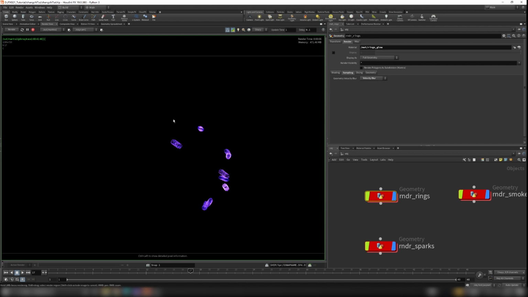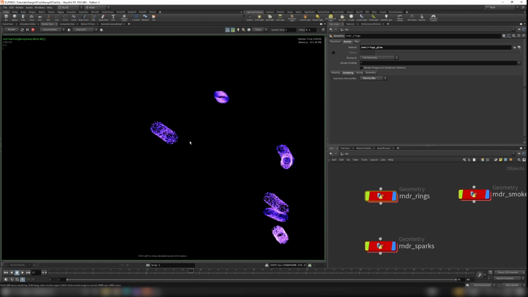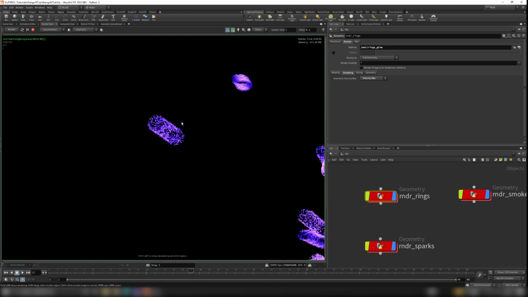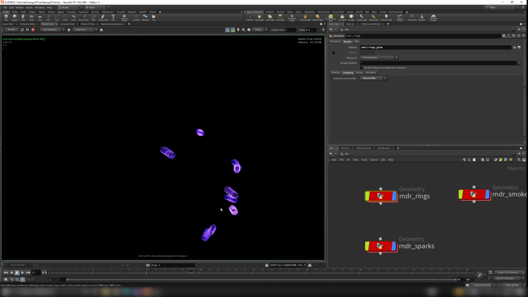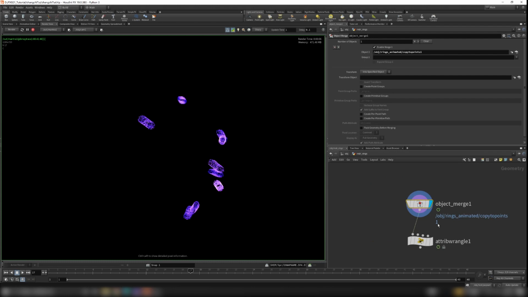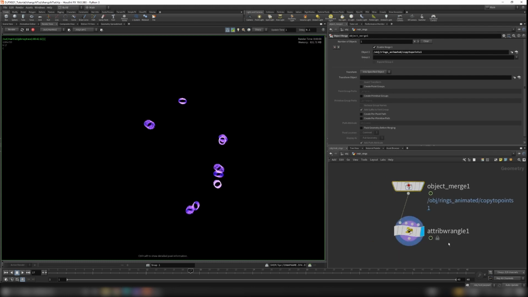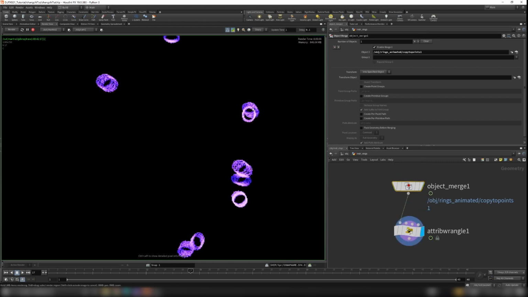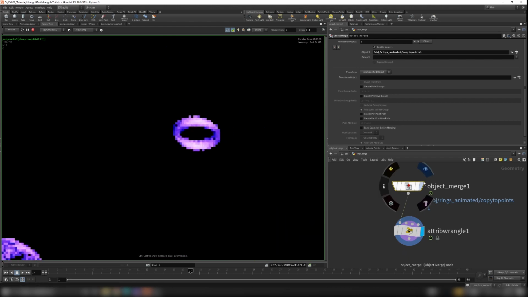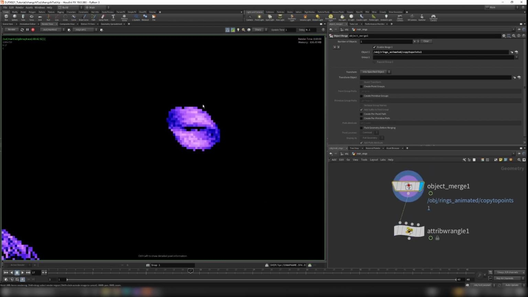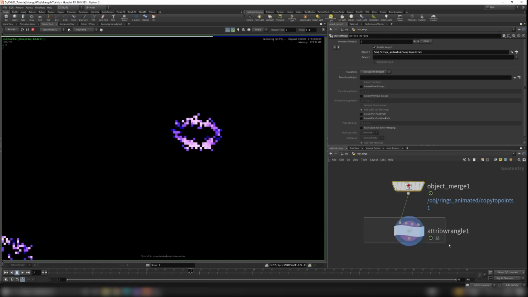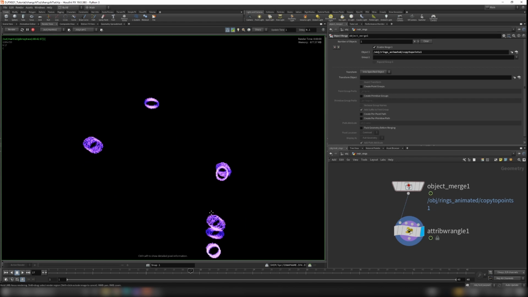I already assigned the material for it. But first things first, you can see the motion blur here. It's super long. It's because our velocity is super fast. The motion blur depends on our v attribute. So let's put our view flag on the attribute wrangle here. You can see there is a change in our motion blur, especially on this one. By default the motion blur is long, and now after this it's not that long. Okay, because I think our velocity is too fast and the motion blur is too long,